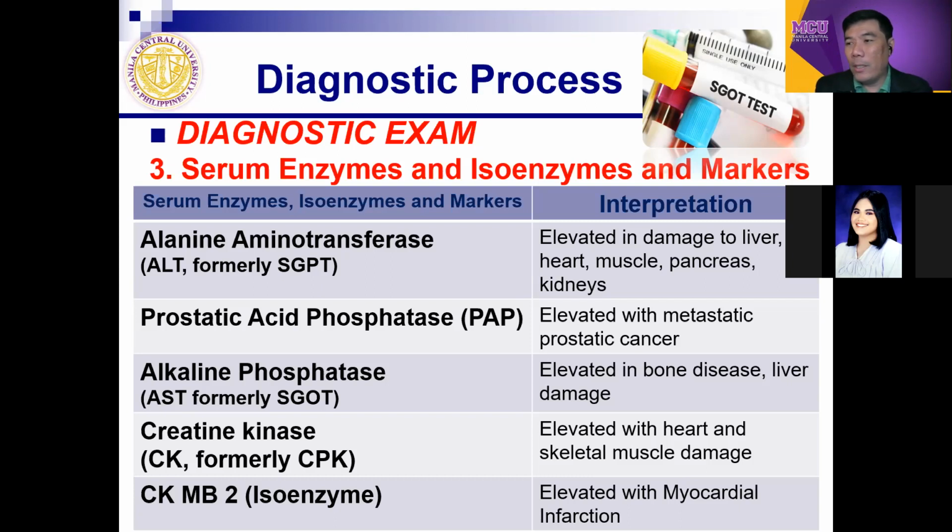So when it comes to the perspective of the elevation of these enzymes or isomarkers, actually what is the indication of the blood enzymes, isoenzymes, and markers? Kasi pag sinabi nating markers, it is basically an indication po. It is an indication po that will guide us kung ano pa yung further evaluation that we may have for the